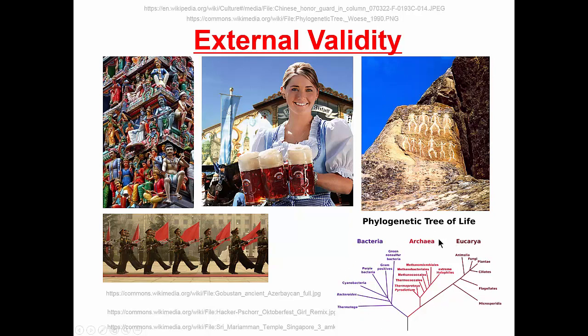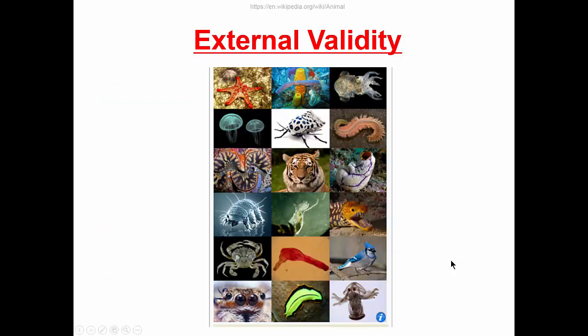Down in the lower right-hand portion of this diagram, we can see that we have, in fact, a broad range of life forms. We can ask to what extent does a particular finding generalize across these very, very different life forms. We can limit our scope, as psychologists often do, to the kingdom of animals. And here I'll now zoom in, and we can even see that among animals we have a very diverse range of species. And the external validity question here, again, would be, to what extent does a finding obtained for one species generalize to all these different species?